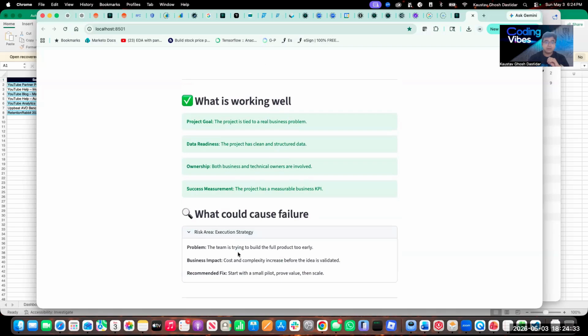Problem. The team is trying to build the full product too early, right? That is the thing. Because of the timing and all, people are, see, in today's AI world, right? Everything is getting developed in minutes. And I'm sorry to say, but our patience is also going very down, thanks to the AI world, right? But that is kind of a critical situation for a product to build out, because even if a product is being built by AI,